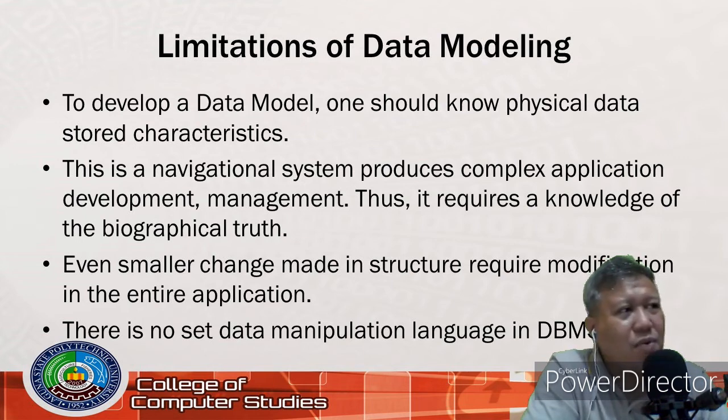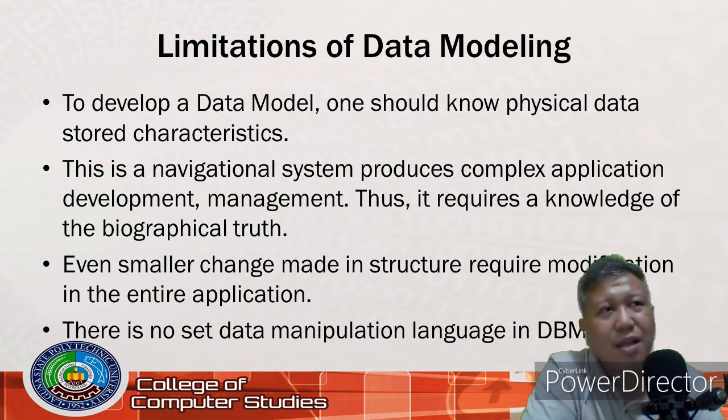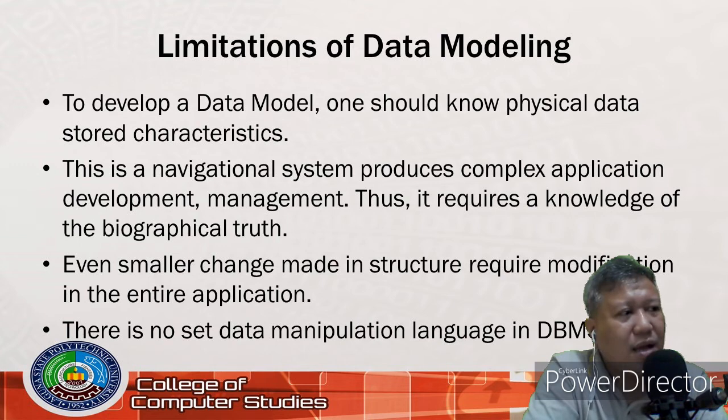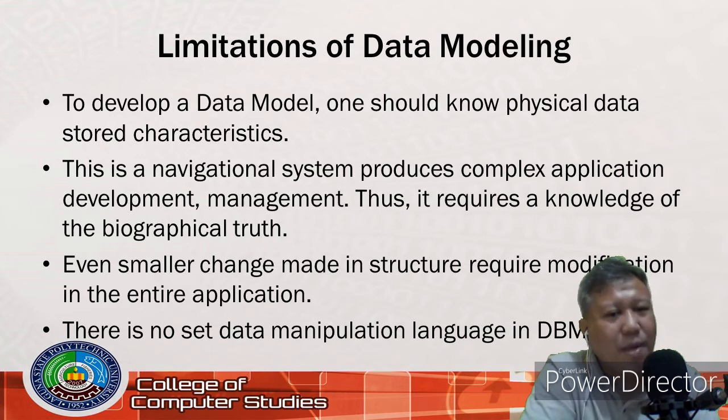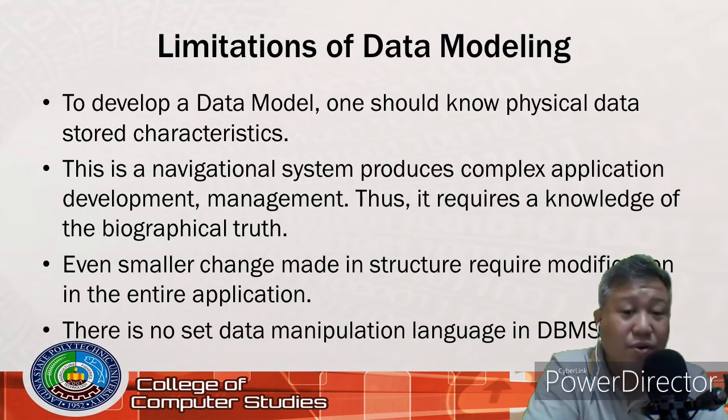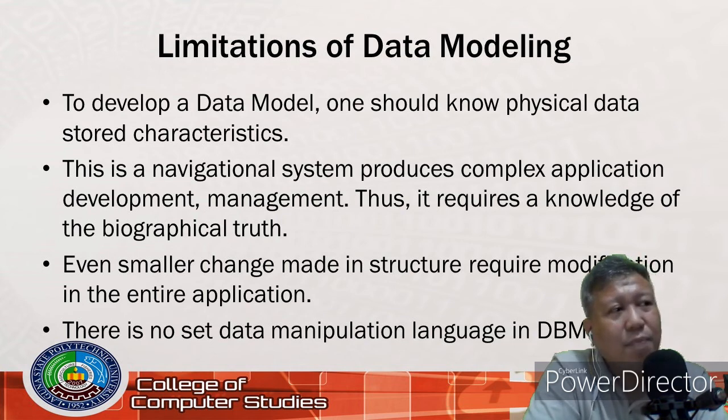So, pero pagka gumawa kasi ng maraming data models, makakapag-create ka ng iba't ibang mga documents. So, I'm thinking na ang sinasabi niya dito na dapat pag nag-refer ka sa isang table, alam mo kung paano siya hahanapin dun sa mga documentations mo. Ayan. So, hopefully, yun yung ibig sabihin niya dito. No? Kasi, normally, pagka gumagawa ka ng mga enterprise-wide na mga database systems,